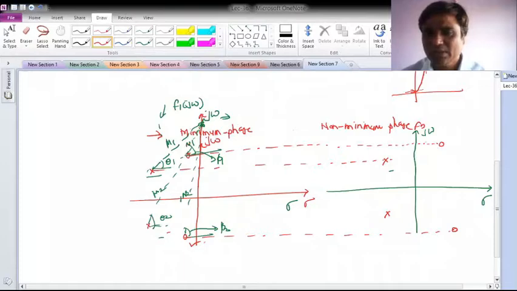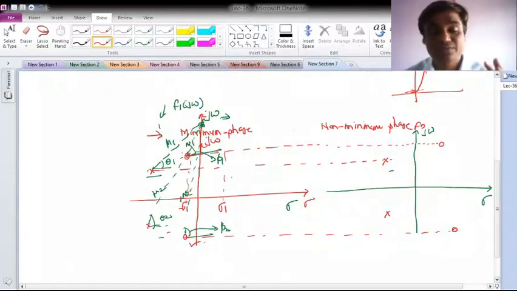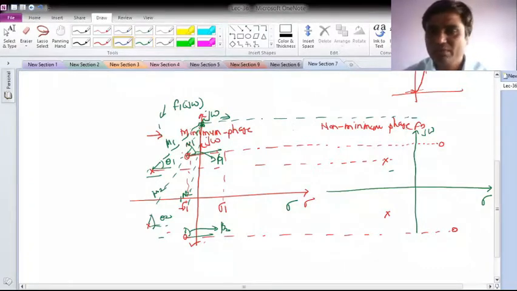Okay, so the imaginary part remains the same; only what is happening is, instead of this zero which was lying on the left-hand side, I have shifted it to the right side, with the same value of the real part. That is, previously it was lying at minus sigma 1, now here it is plus sigma 1. The imaginary part remains the same, everything remains the same; I have only shifted the zero location from the left-hand side to the right-hand side. Okay, and I would like to evaluate at the same j omega point where I am interested.